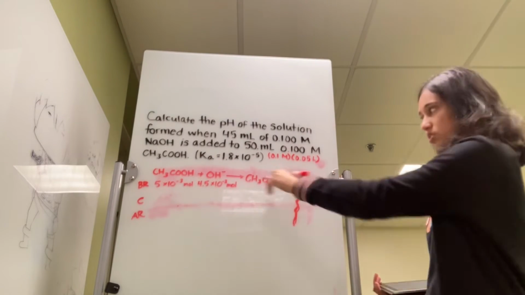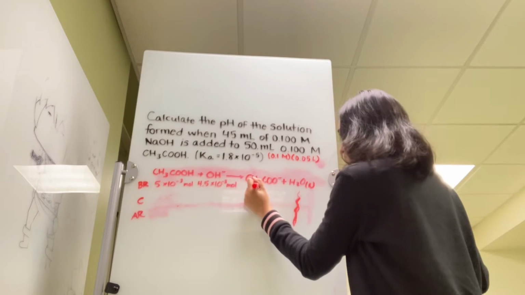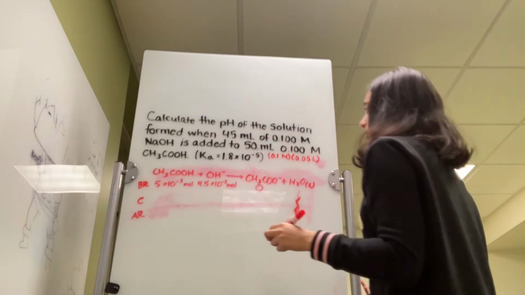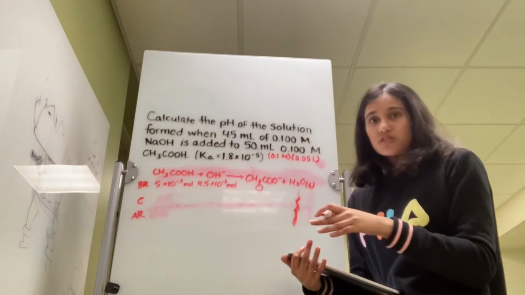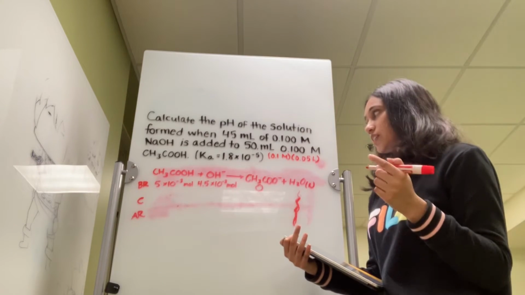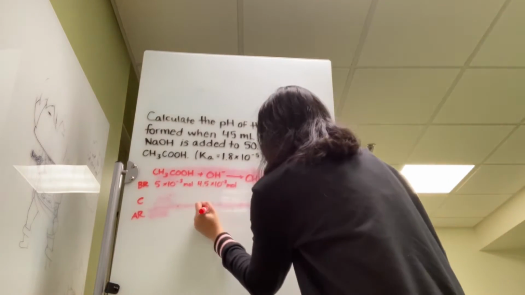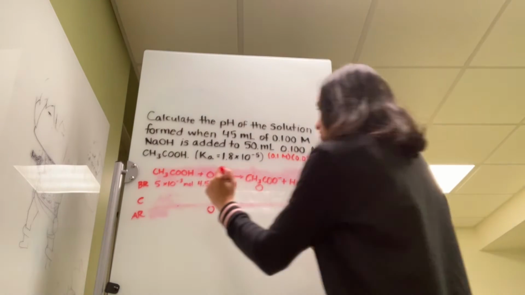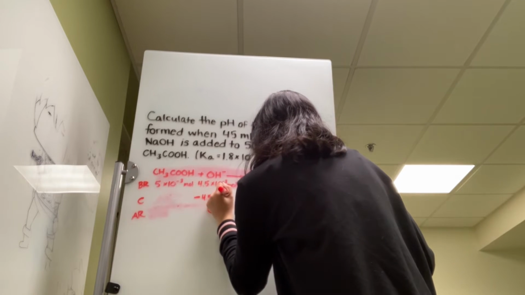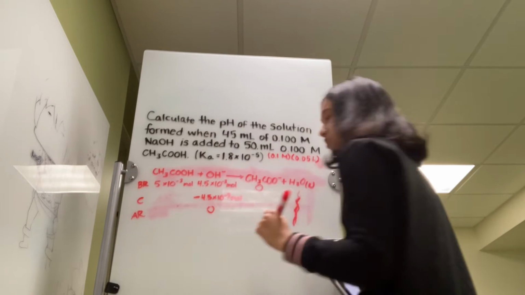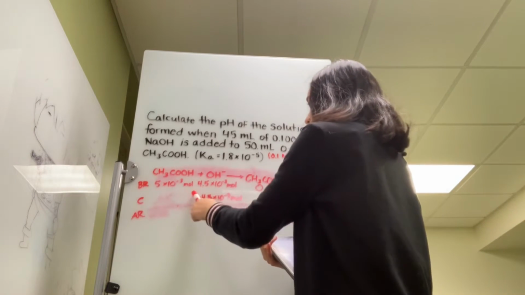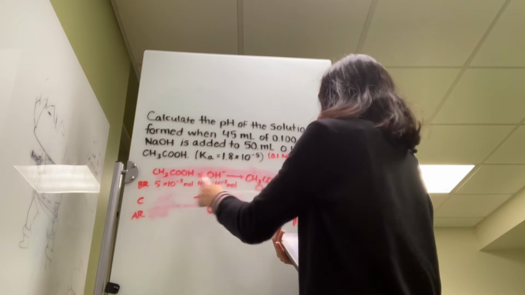sodium hydroxide, or just the hydroxide, and this would be 0 because we don't start off with any of the conjugate base. The change factor, we established earlier that the hydroxide reacts completely, so we know that the end product has to be 0. And this makes the change factor 4.5 times 10 to the negative third moles, because we want to get rid of all of the hydroxide. And if it's a change factor for one of them, it should also be the change factor for all the other